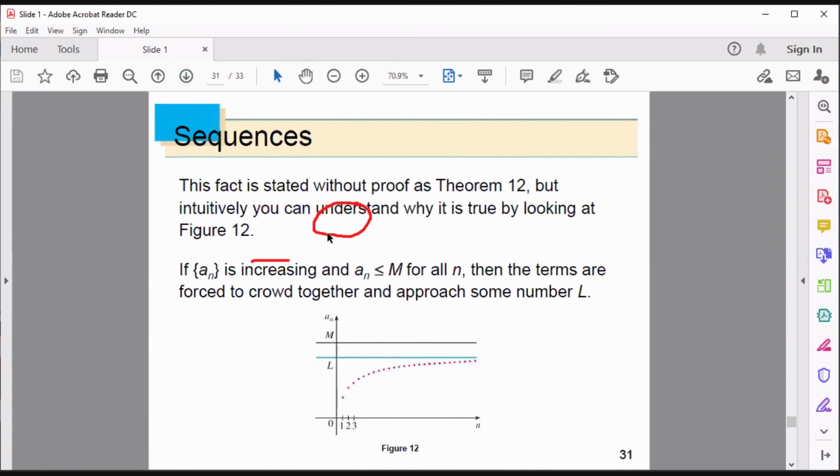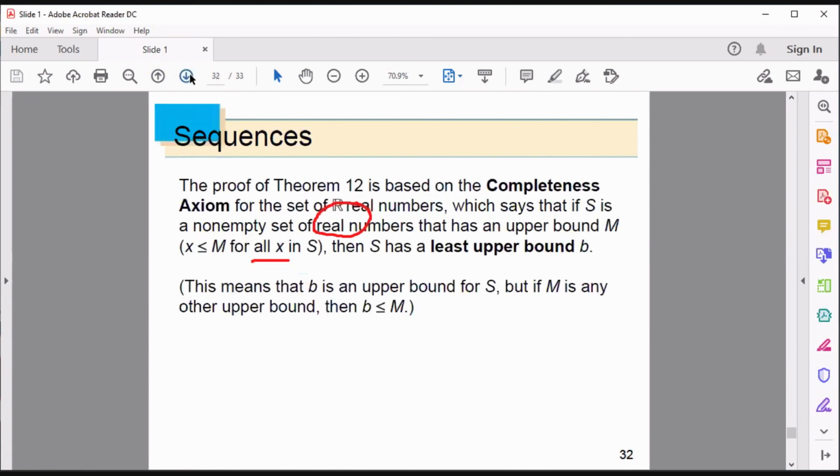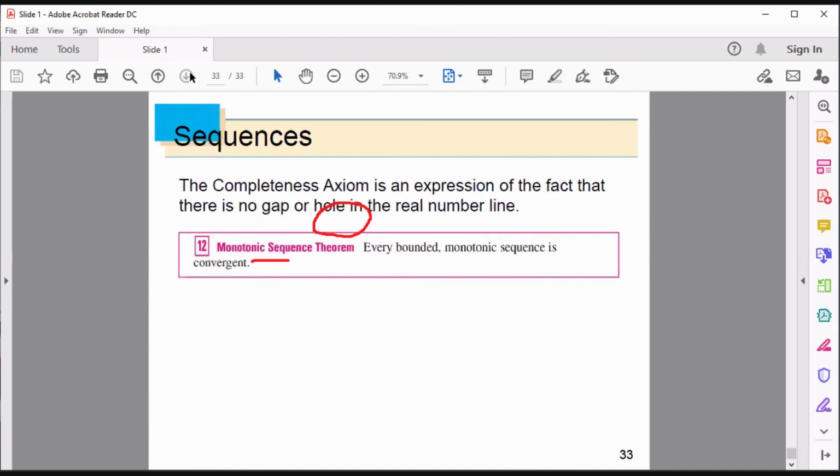However, once we have an increasing sequence, and we verify an is less than capital M, then this is an increasing sequence, then the sequence converges. That means we have a limit which is less than or equal to capital M. This limit can be capital M. But anyway, the theorem is the following: when we have an increasing sequence and an is less than capital M, then in this case we have a convergent sequence. No need to talk about the proof, but